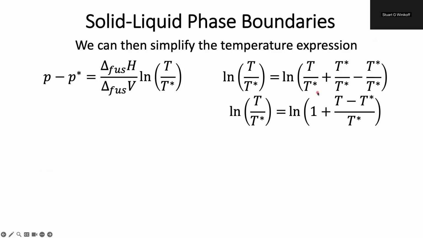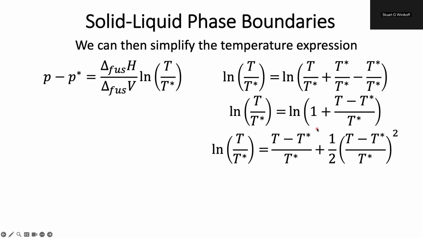But what it does is it lets us rearrange. I can pull this first term out in front, and that's just the 1. And then I can combine these second two terms as T minus T star over T star. Now, what we find here is we can make use of a common idea, that we can do an exponential expansion. So the natural log of the 1 should more or less just drop out because that'll be 0. And then we can do this kind of power expansion. As long as this difference is relatively small, this first term is going to end up modeling this natural log